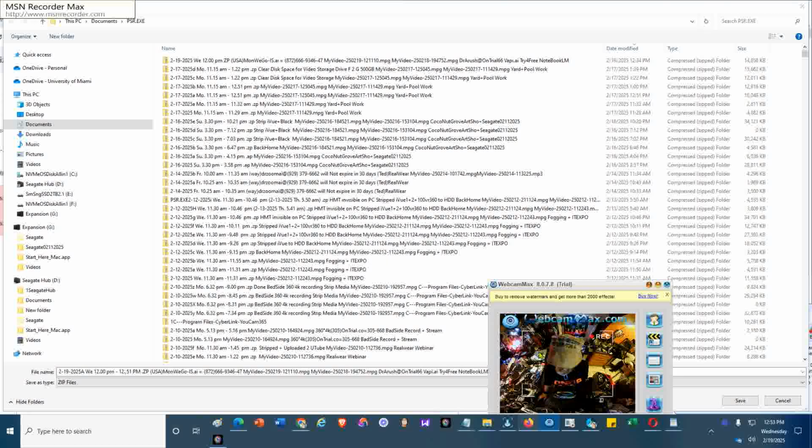Select another camera. Let's see which camera that we use. And that looks perfectly good. So I stop its playback. The only other thing that I need to test is MSN Recorder Max, which is a screen recorder. So for the first step, I will